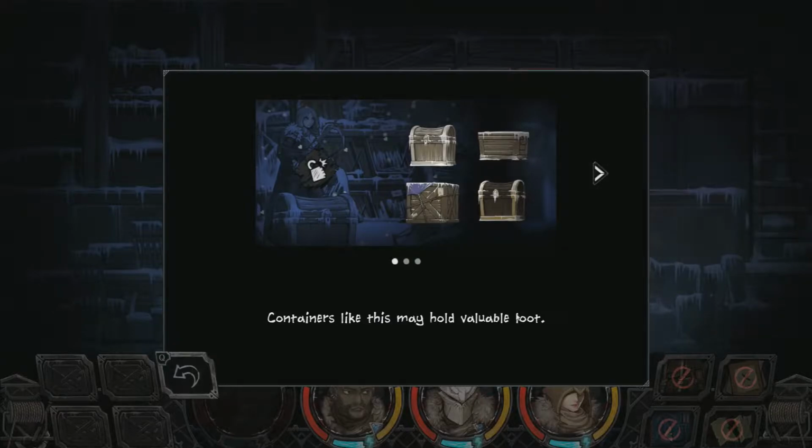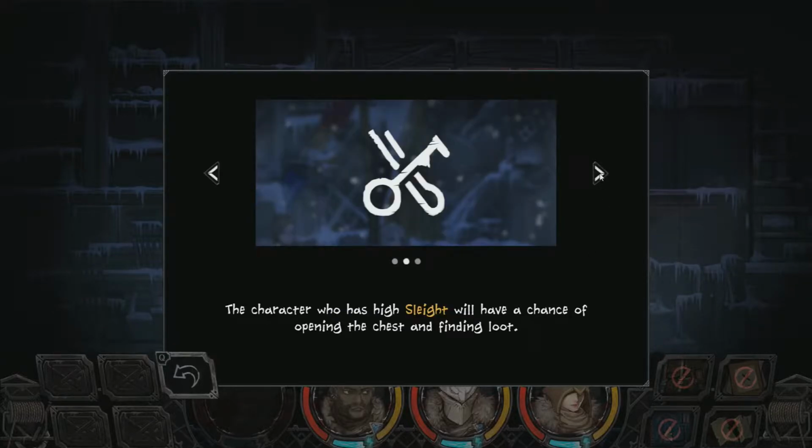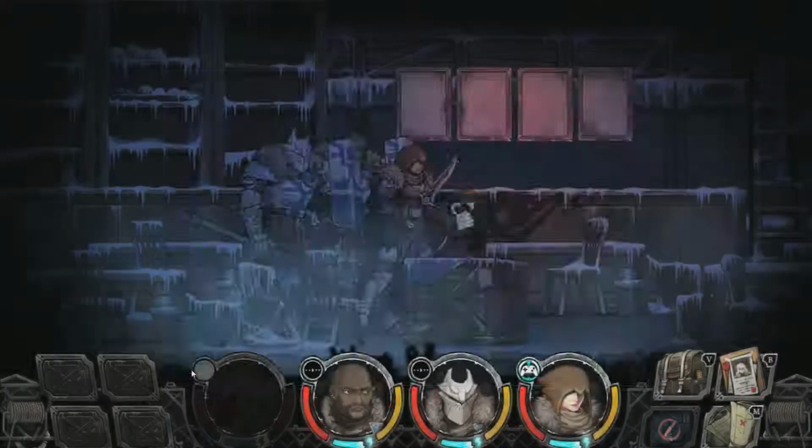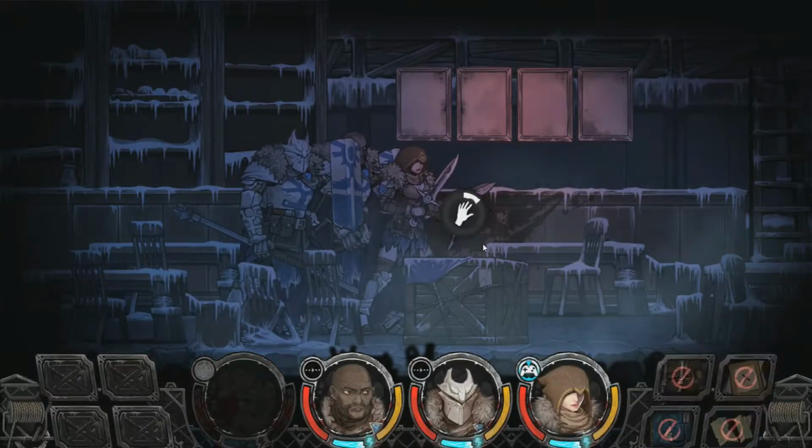Containers like this may hold valuable loot. The character who has high sleight will have a chance to open a chest and find loot. Scavengers with low sleight may have difficulty opening chests and will often find less loot. Alright, it's basically this guy who's good at picking locks, he'll get lots of loot. Someone else wouldn't. So if I try and open this up,